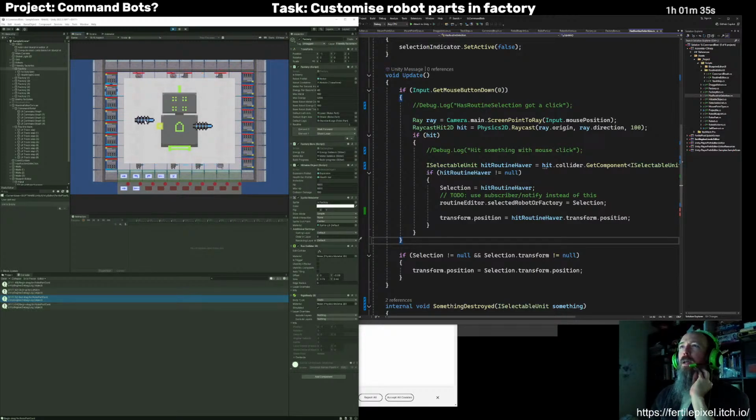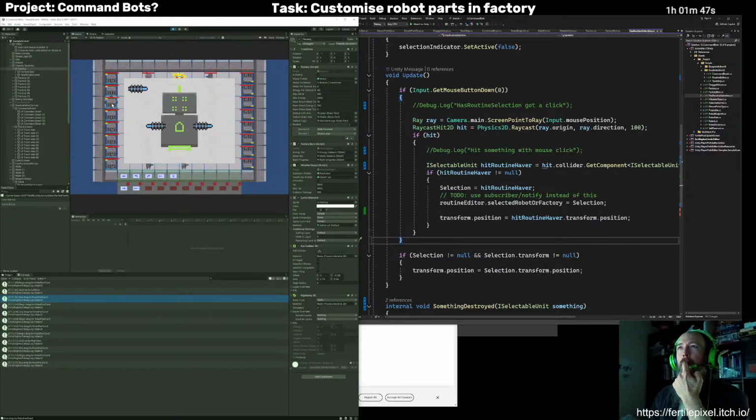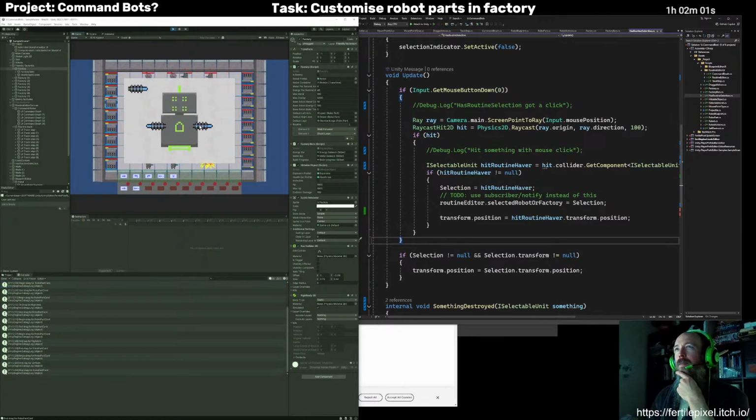So if I grabbed that when there was a robot behind there, it would select that robot and the factory wouldn't be selected anymore. Now this is a shield robot factory, which I need to have a look at what I'm doing with the code, because this is making robots that just have shields, no lasers. But clearly, no, not clearly. I was going to say clearly it already has lasers set here, but actually I haven't got this updating when you select something.